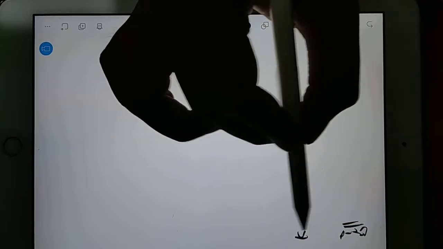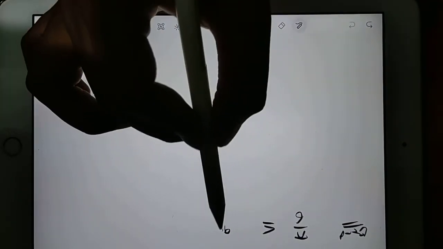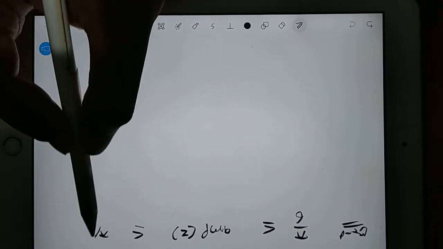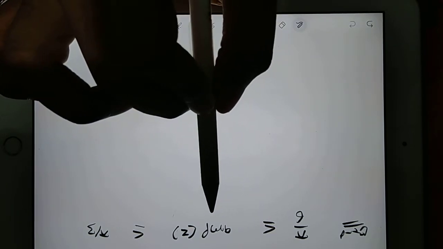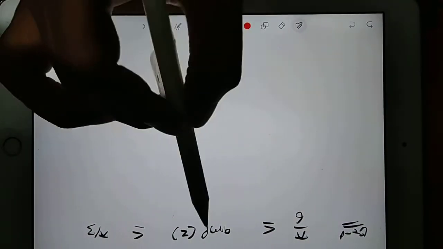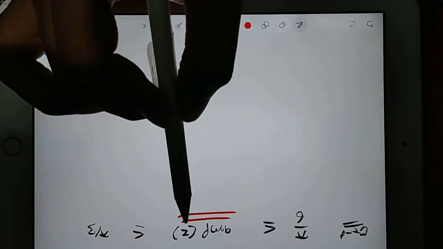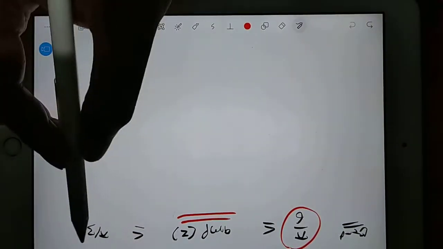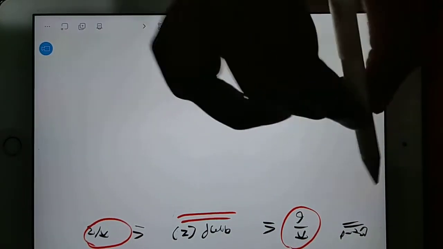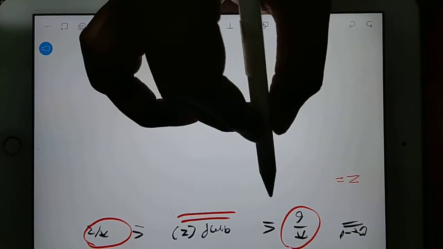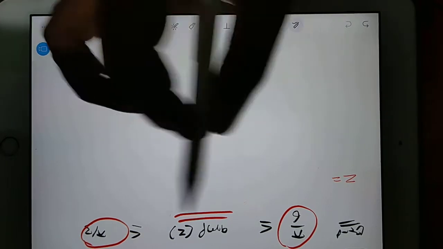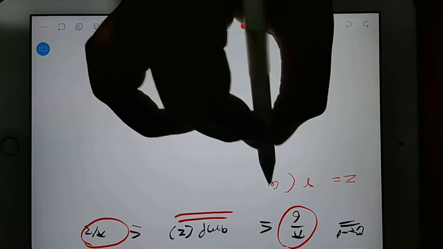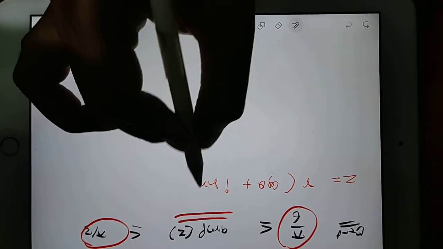Suppose you have pi by 6 less than or equal to amplitude of z less than or equal to pi by 3. This amplitude represents the angle, so it's better we discuss our complex number in polar form, in terms of r, cos and sine. So Z is equal to r (cos theta plus i sin theta) will be the best format to judge this question.